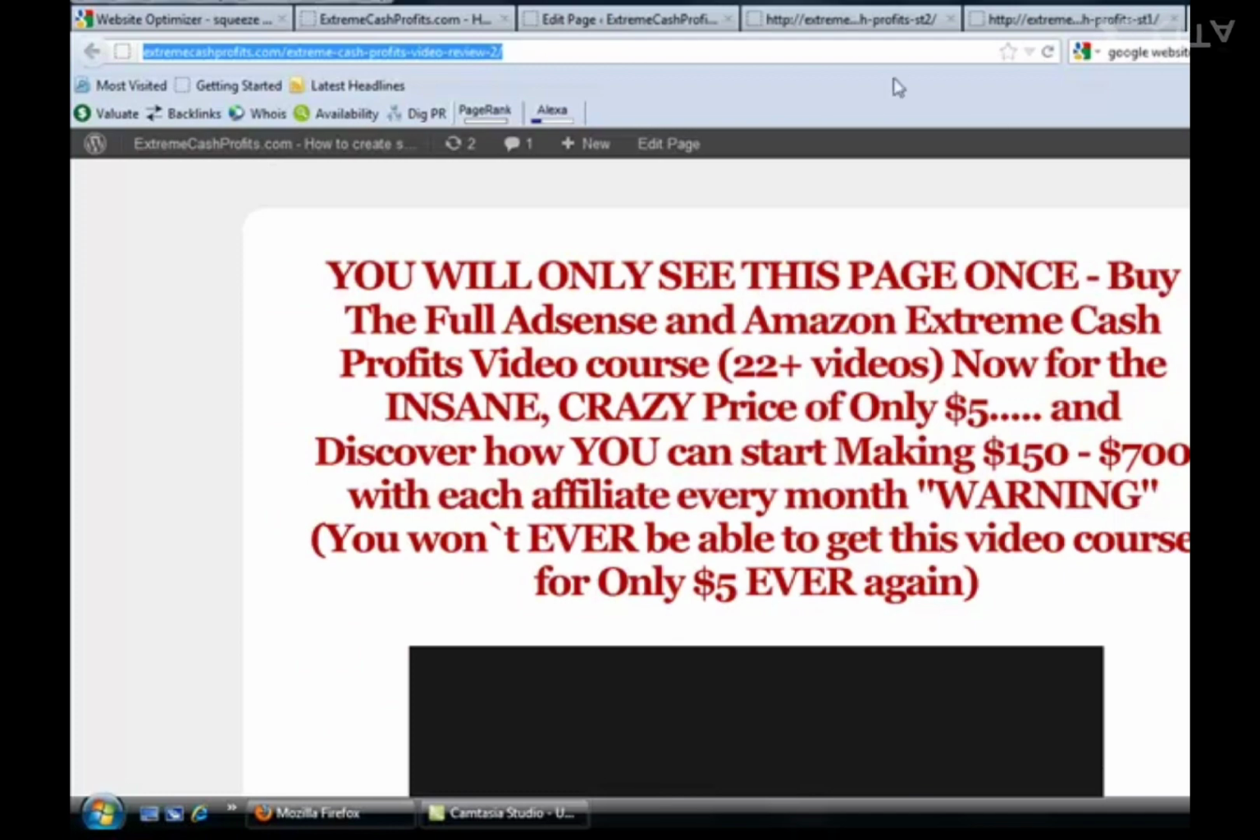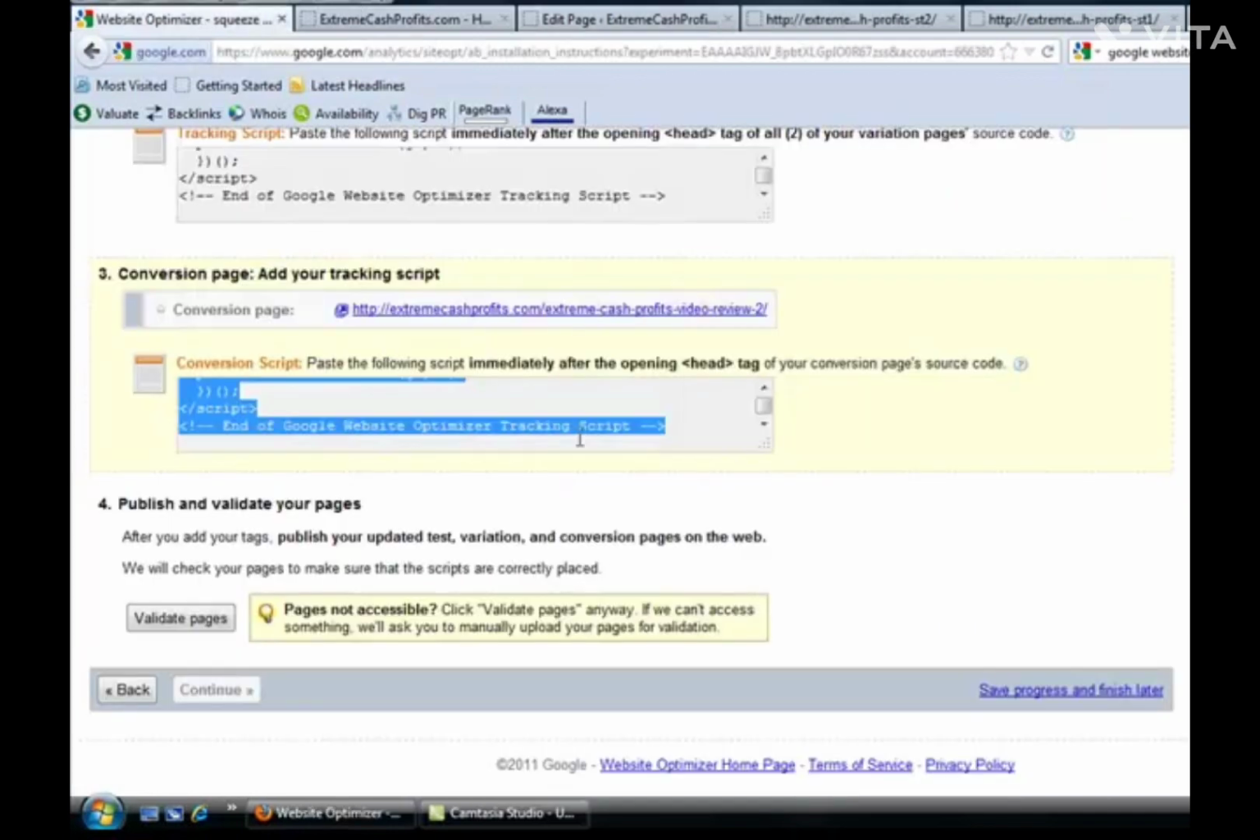There's only 3 things you have to do, and that's pretty much as far as I can show you. Once you've done that, you go to validate pages, and everything hopefully will start to function correctly. And then as soon as you start to send traffic to those pages, Google will automatically track,